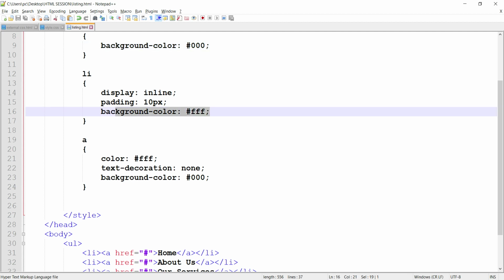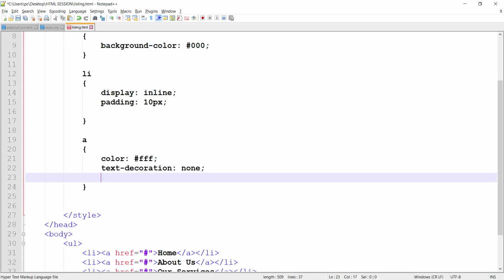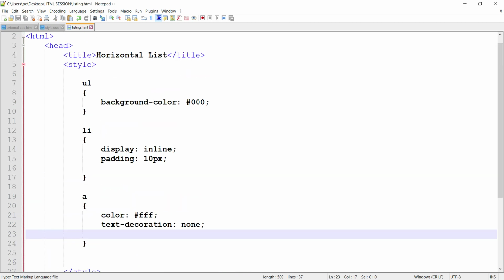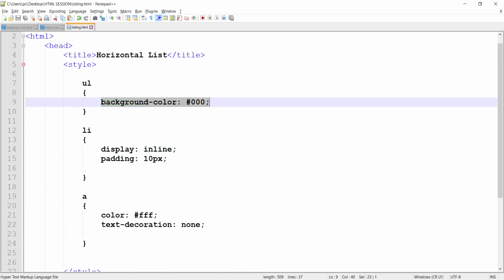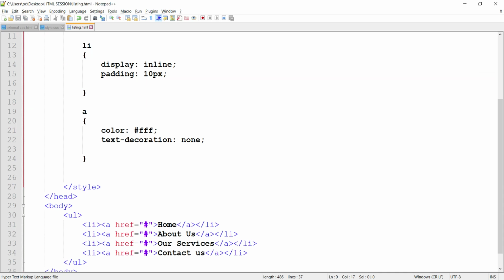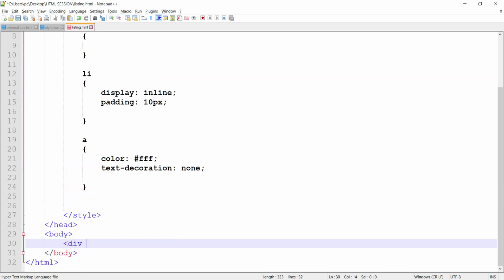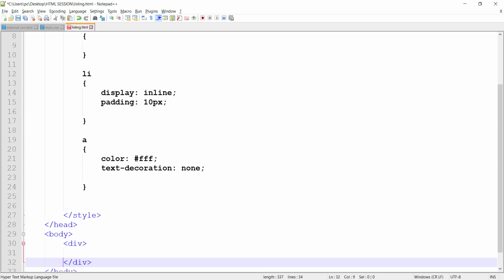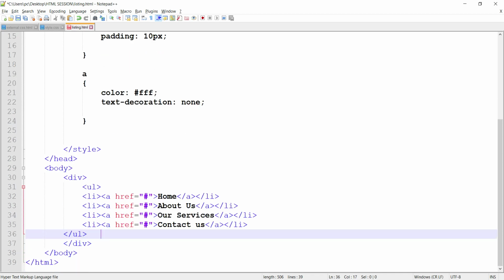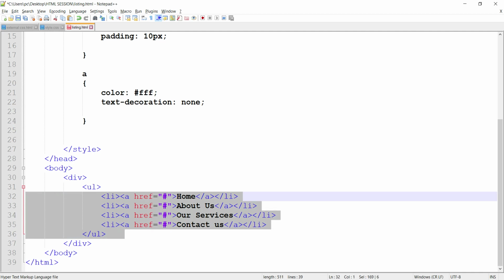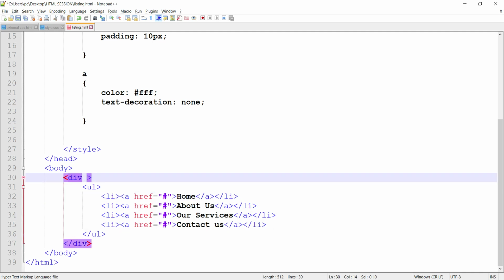To remove this, you can remove all this property and you can take a div here. Just make a div as parent. Within the div, just write the ul tag. Now give some name to this div. I am using nav.